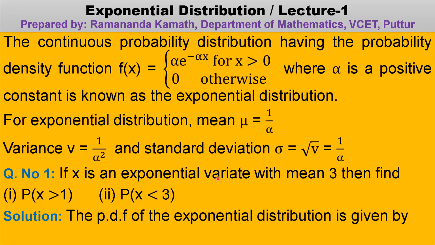Now we shall go to some exercise questions. If an exponential variate, meaning exponential random variable, another name given is variate, random variable. If x is an exponential variate with the mean 3, then find these probabilities. Probability that x is greater than 1, probability that x is less than 3. In this question it is clearly said that x is an exponential random variable. So since x is an exponential random variable, the probability density function of this exponential